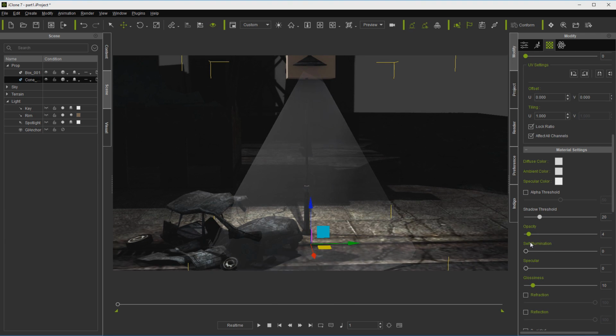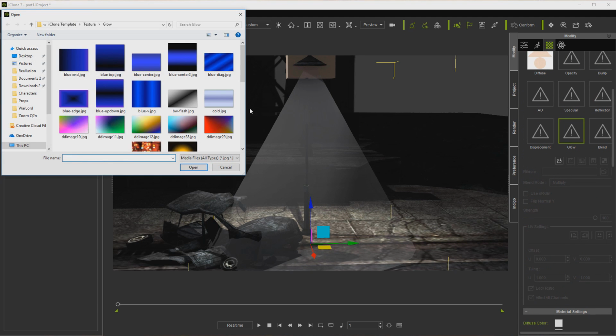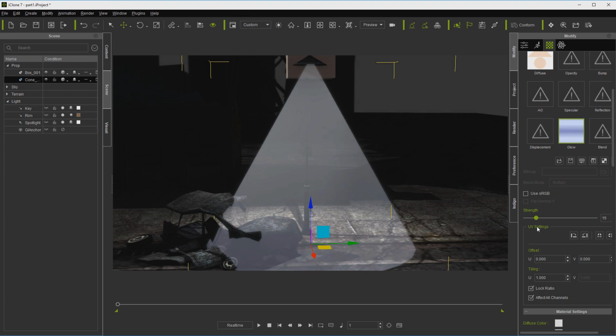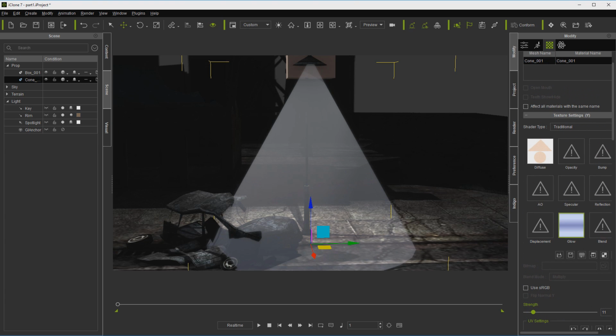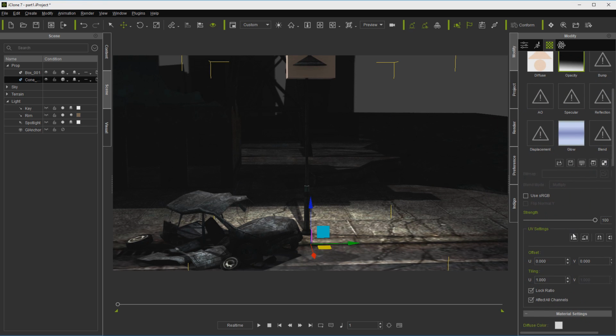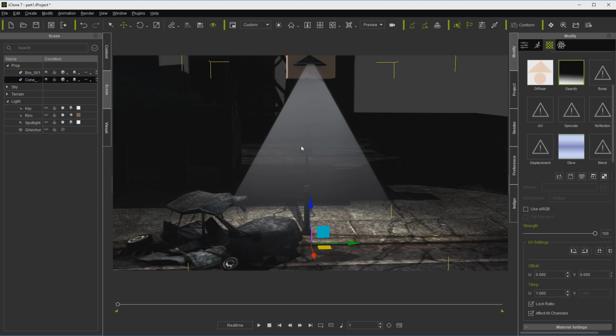Now this is all personal preference here. You may want to use a glow. And then in some cases, people like to come in and also use a gradient map. You can make your own. There we go. And what it's done, of course, is just kind of filter out the bottom of it a little bit there.